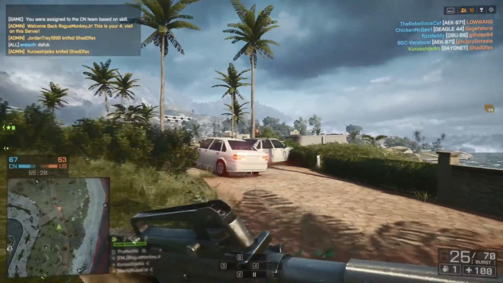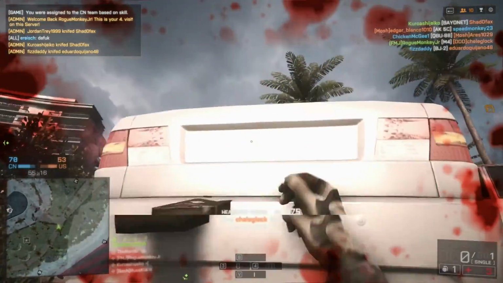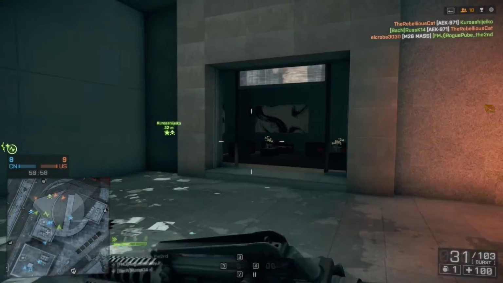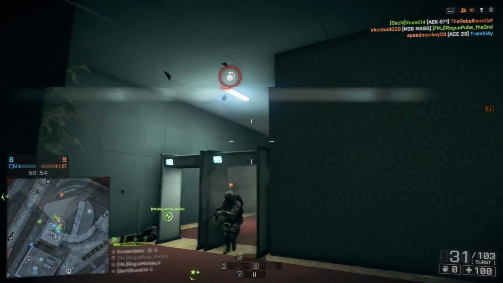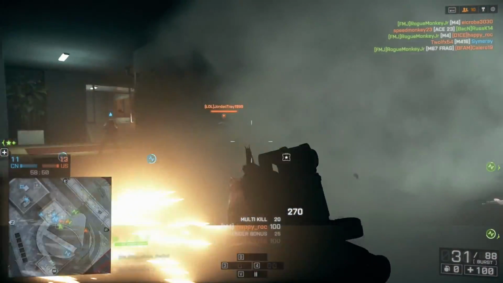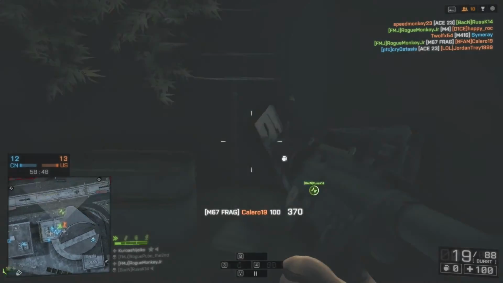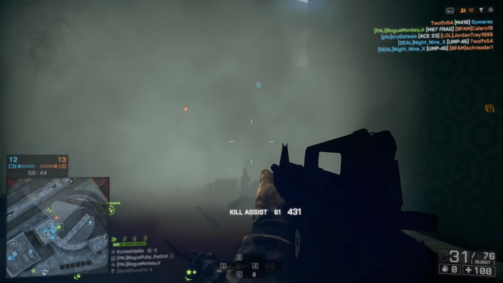Muzzle velocity isn't the best at 540 meters per second, and suppressed 330 meters per second. It's got a mag size of 31. Reload on empty is 2.4 seconds, and reload with bullets left in your mag is 1.85 seconds. The recoil pattern up is 0.28, left is 0.17, and right is 0.28, and it's got a first shot multiplier